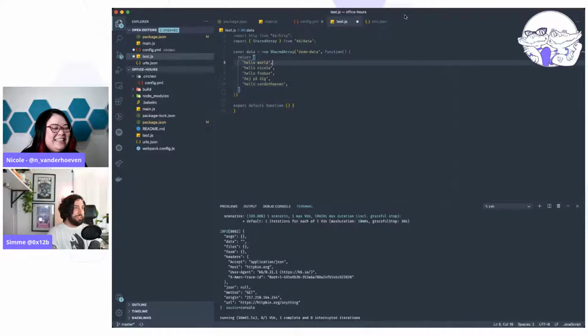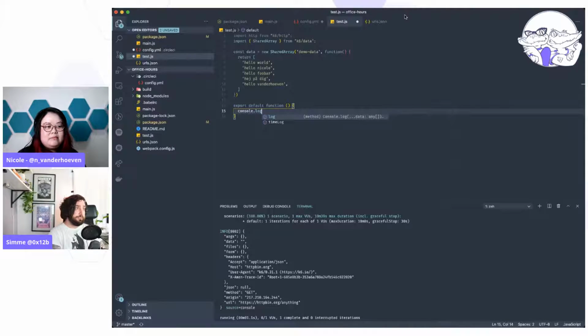So we have an array with 5 different items. And then in our default function, we can actually access that as if it were just a regular array, but the data won't be duplicated for each VU, but rather used for all VUs. So if I were to do, for instance, console log data